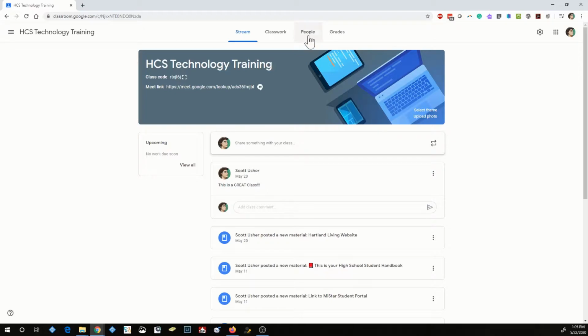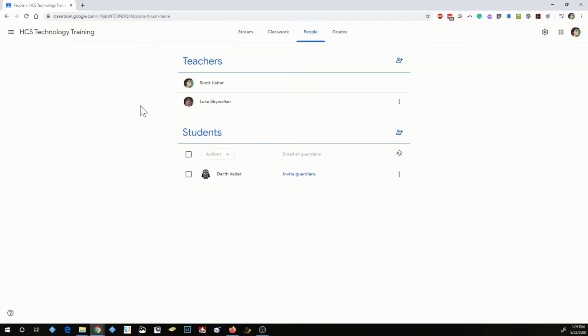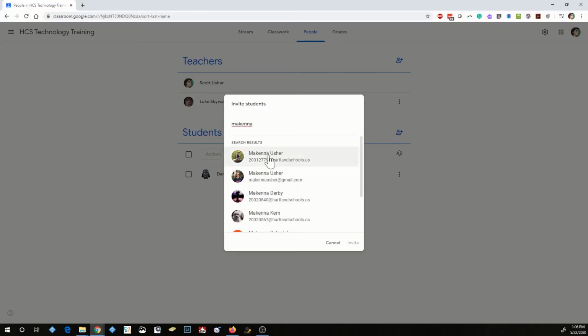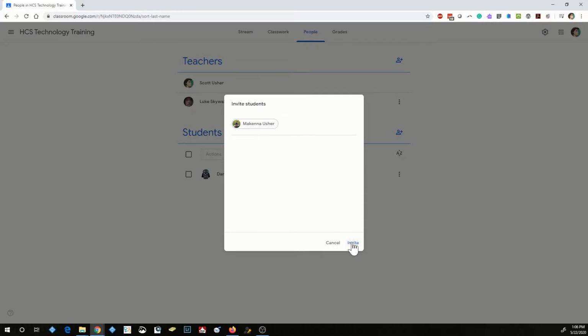Alternatively, I can click on the People tab and individually invite students by clicking on this Invite Students button to the right of the word Students. Now here, all I have to do is type in the name or email addresses of the students that I want to invite. I'm going to go ahead and invite my daughter. I find her email and I can click on it. I can click on the word invite, and then she will be sent an email that invites her to join